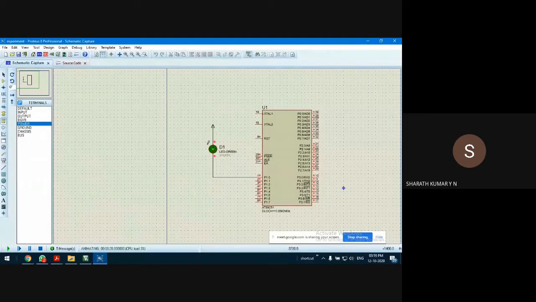So this blink rate depends on the compiler. Here we are using Proteus software. There may be slight variation in timing. It may not be exactly 1 second. If you run the same program in another compiler, it may be a slightly different time instant, because it varies from compiler to compiler. Is that okay, guys? Fine. So this is one possibility.